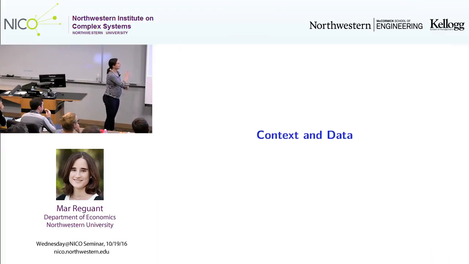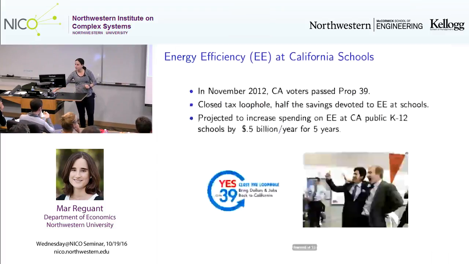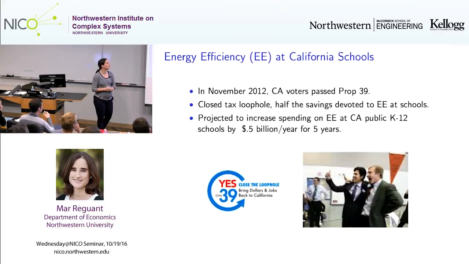Gonna jump in and talk about the context and the data. I will be a bit fast so that we have time to talk about everything. So the motivation for the project came in 2012. In 2012, California passed a law to close a loophole that generated some revenue to the state. And basically the state decided to spend it on energy efficiency at public schools. So the tax loophole had nothing to do with public schools, but you can see how politically, and especially in California, it was seen like a good thing to spend money in energy efficiency and also in public schools. So this is how the thing got approved.